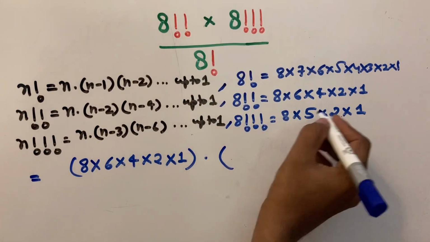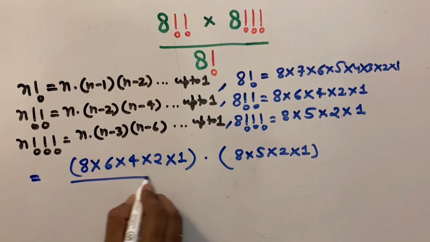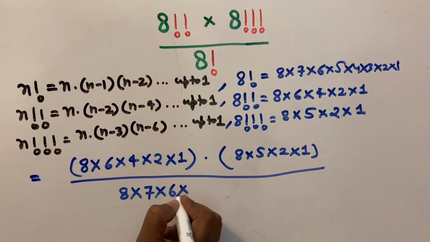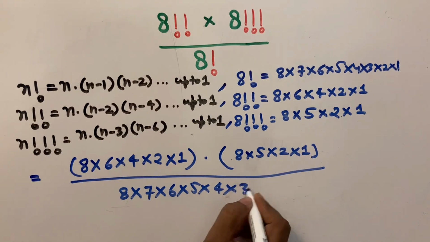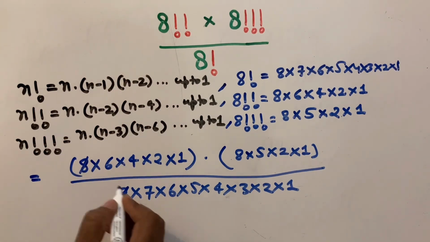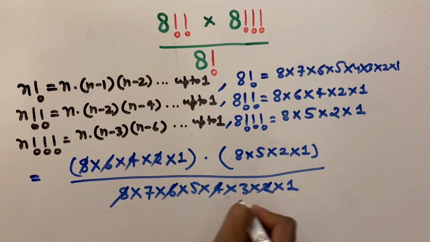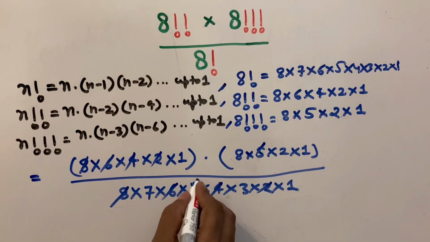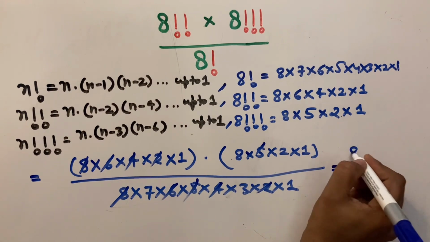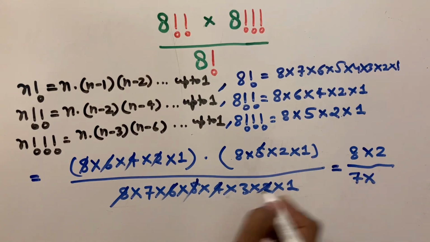and 8 triple factorial 8 multiply 5 multiply 2 multiply 1, whole divided by 8 factorial, that is 8 multiply 7 multiply 6 multiply 5 multiply 4 multiply 3 multiply 2 multiply 1. From here 8 cancels 8, 6 cancels 6, 4 cancels 4, and 2 cancels 2. From here 5 cancels 5, so the remaining is 8 multiply 2 divided by 7 multiply